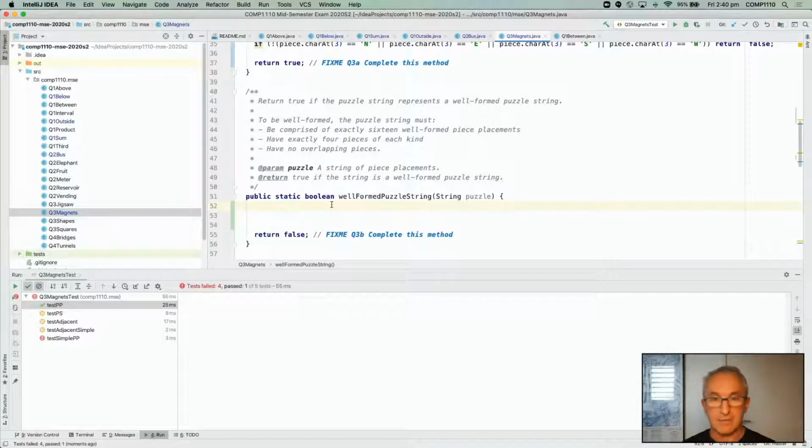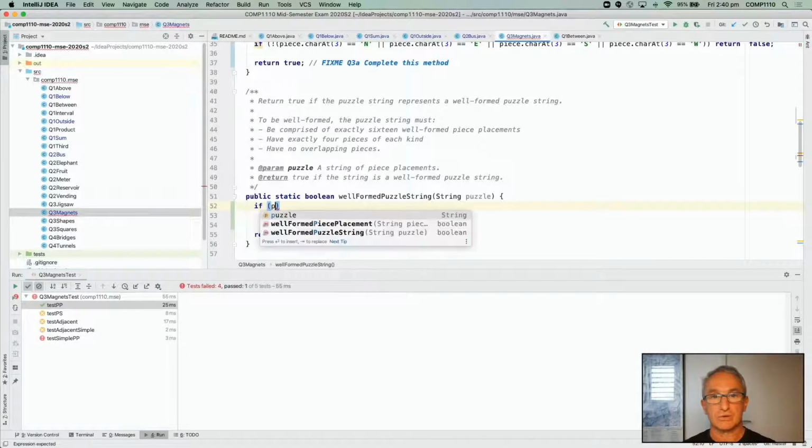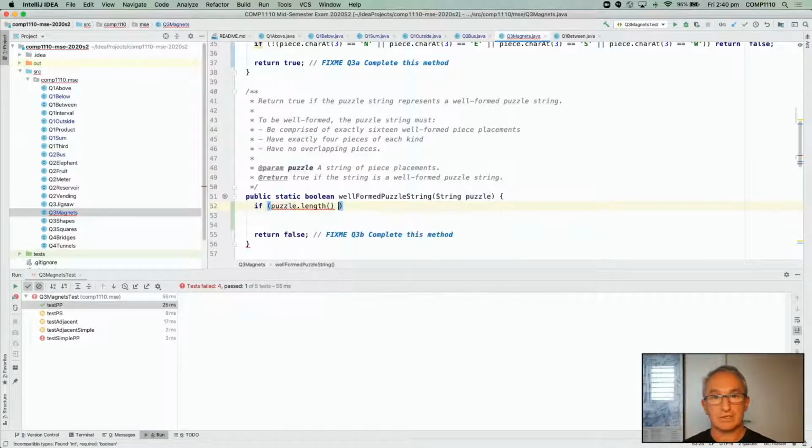So if puzzle.length is not equal to, and if we're really panicked and can't even do our maths, so we can't remember that 64, we can just write it like that, okay? If it's not equal to that, 16 times 4, right, which is 64, then return false, right? Okay,